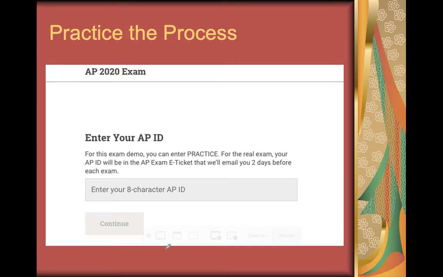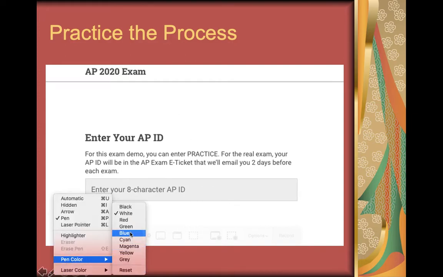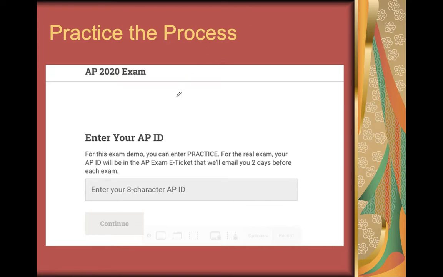So this link has been on our site where you could link to the practice. I think this is an excellent idea to practice this multiple times, where you just enter practice into here, and then you hit continue, and it will ask you for your name and your birth date and some other stuff,